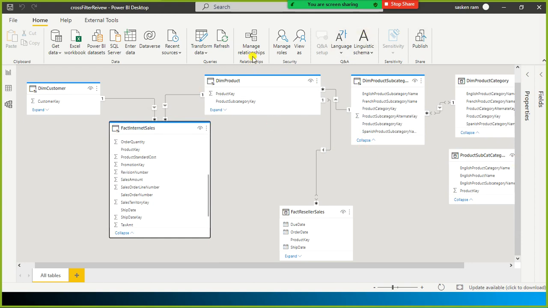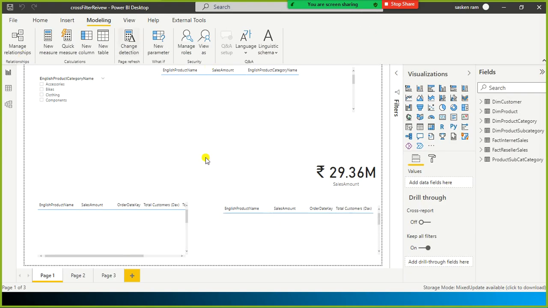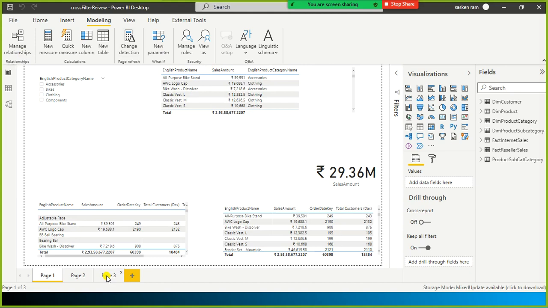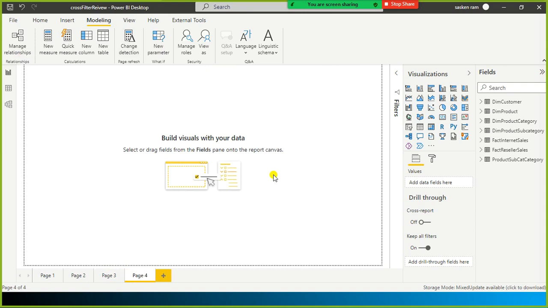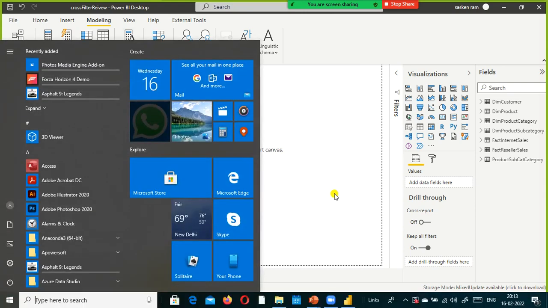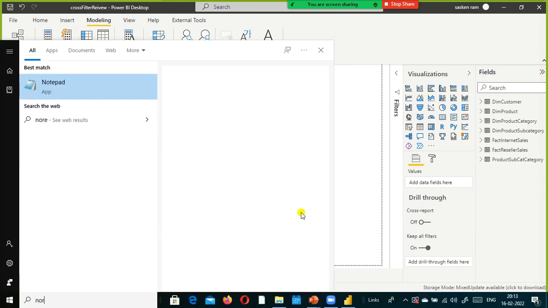So now what I do is I just go to this report canvas. There are two approaches to deal with a many-to-many relationship.